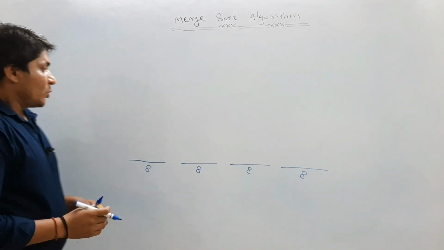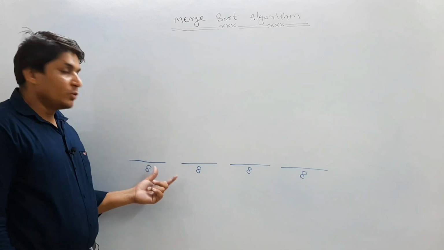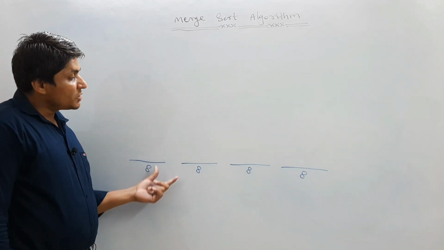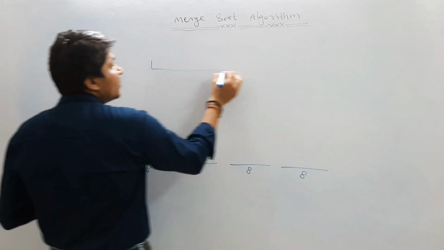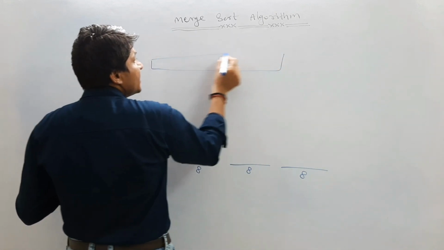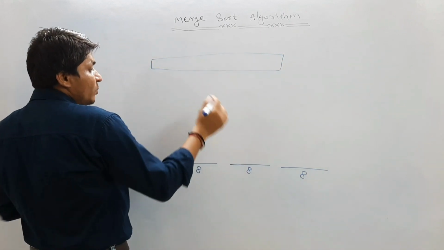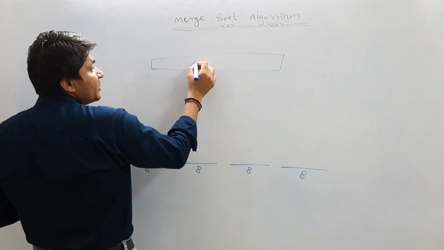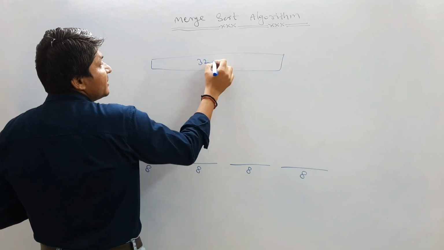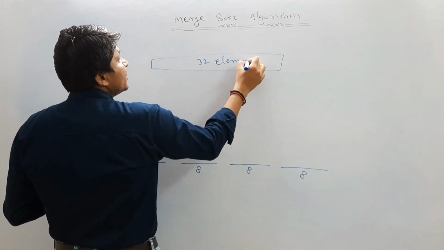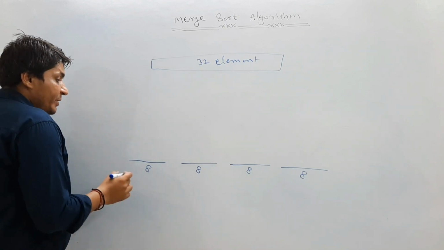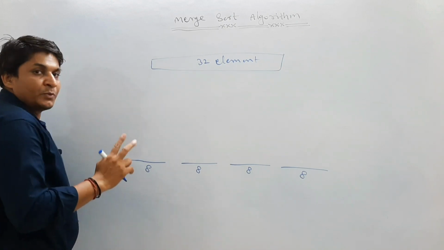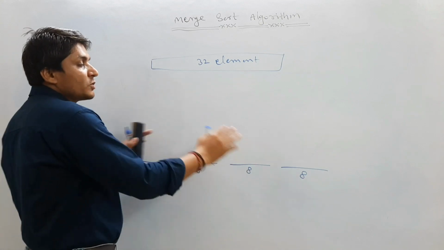Now what we want to do in this case is merge all these arrays in one common array. Means we want to merge all the elements. So if you merge all the arrays in one common array, then the size of this array will become 32. It will contain 32 elements, correct? But we know only how to merge two sorted subarrays, not four sorted subarrays.